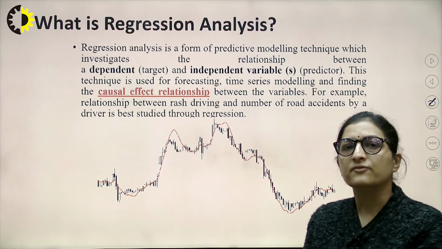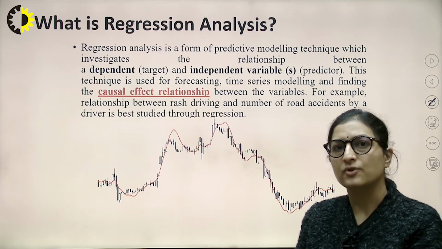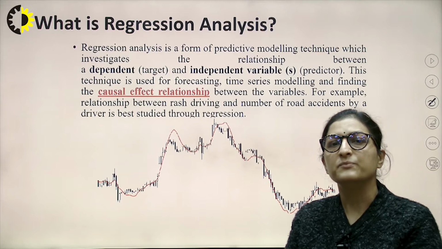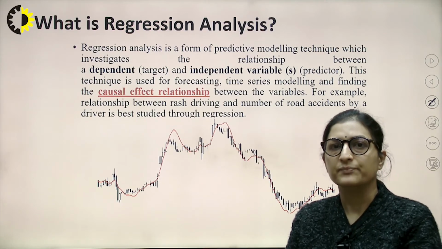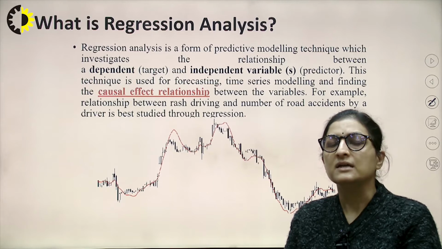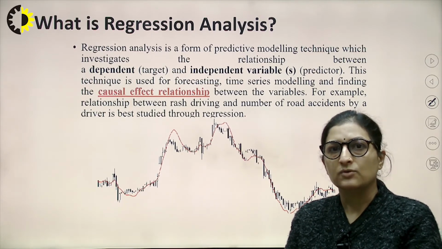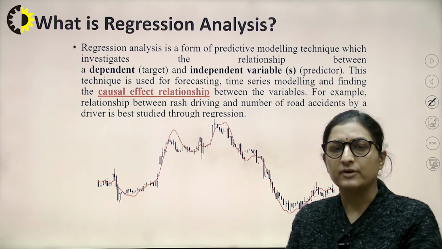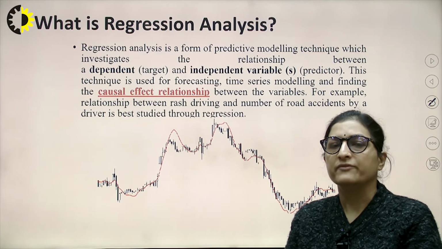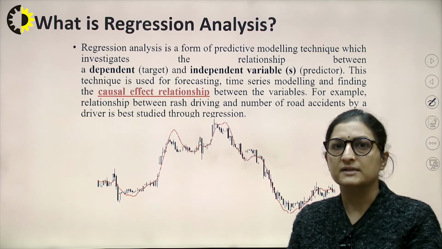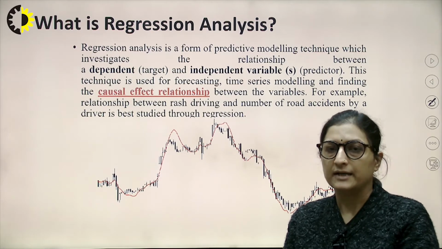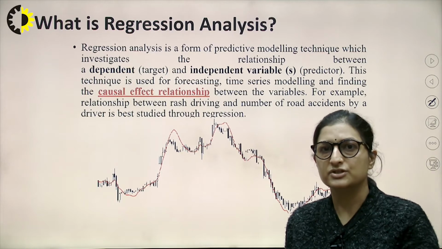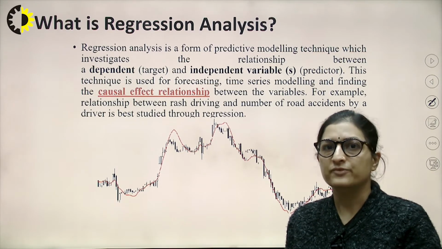If I want to predict what will be the sales for my next quarter, such a prediction can be made with the help of some dependent and independent variables. Some independent variables can be the production of that particular item in the factory and the price that we are quoting for that item, and the dependent variable would be the number of items that would be sold. So the dependent and independent variables have a certain relationship between them, and that relationship we have to identify.